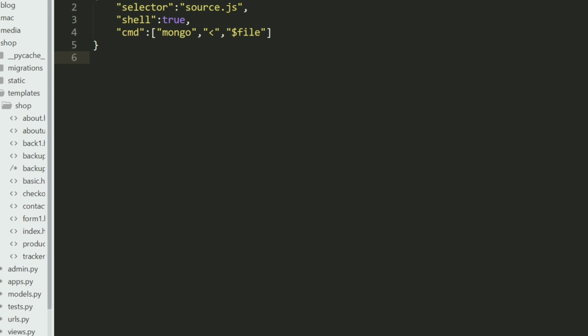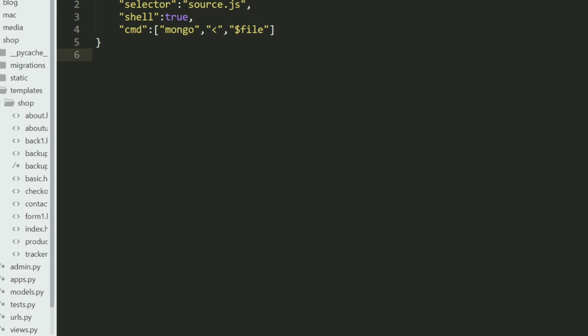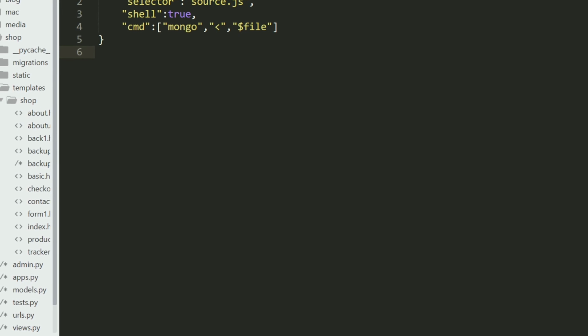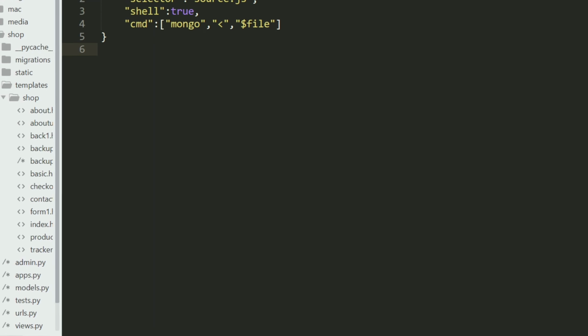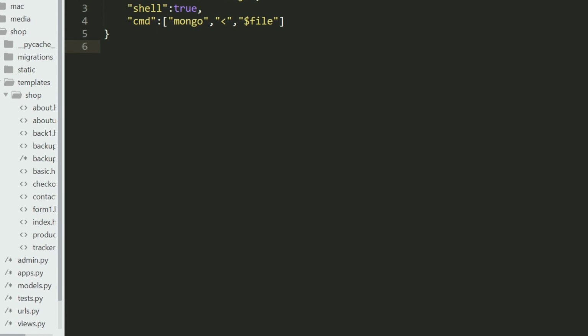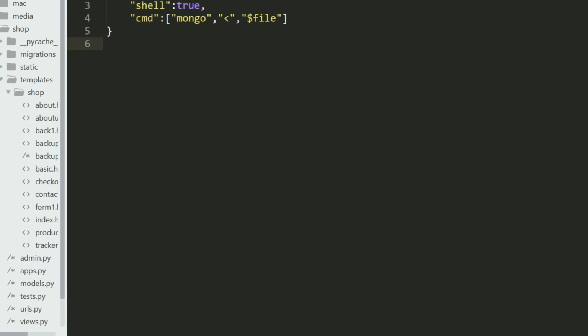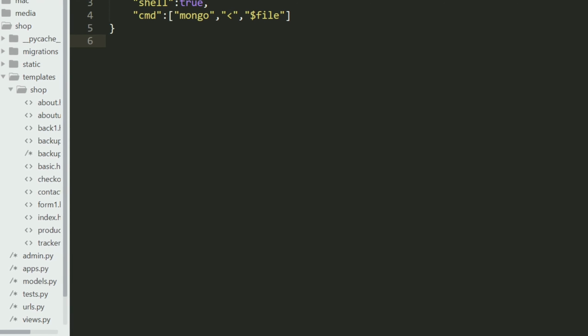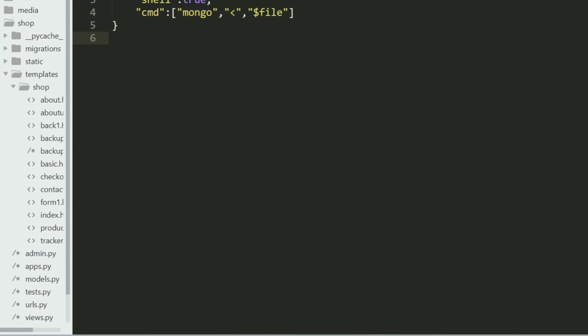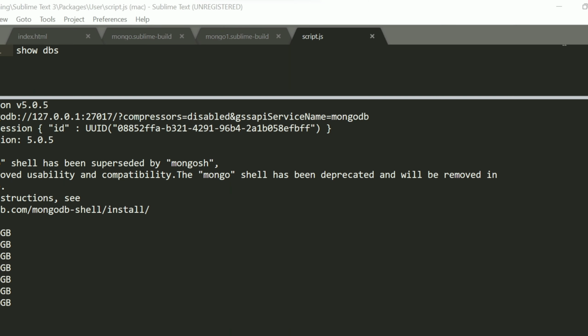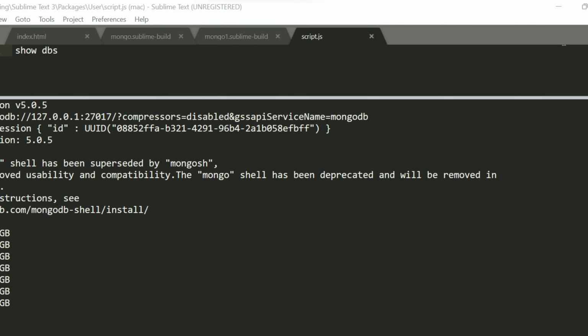Now you have to select Tools. When you go to Tools, many options are inside. You have to select Preferences and Add Build System. Then go to Tools and select Build System.